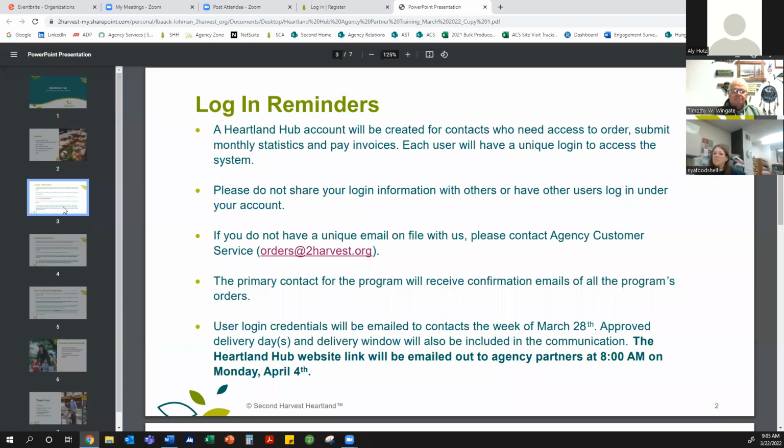So each user will need a unique login to access the system. So a couple quick things to note with that. If you don't have a unique email on file with us, please reach out to our customer service team at orders@2harvest.org to ensure that we have your contact information and we get you login information for Heartland Hub as well. The primary contact for your program will still receive all confirmation emails related to your program's orders. So if you have numerous shoppers or folks with login information, if numerous people are placing orders, that primary contact will still get that